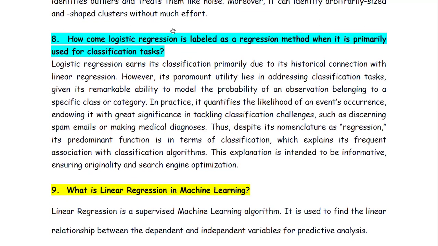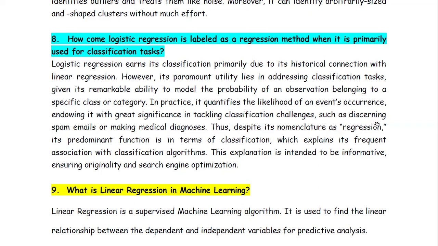So, clear about clustering? Let's come to the next question. How come logistic regression is labeled as a regression method when it is primarily used for classification tasks? Well, logistic regression earns its name primarily due to its historical connection with linear regression. However, its paramount utility lies in addressing classification tasks, given its remarkable ability to model the probability of an observation belonging to a specific class or category. In practice, it quantifies the likelihood of an event's occurrence, which is of great significance in tackling classification challenges